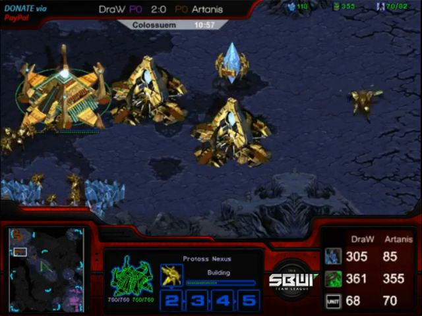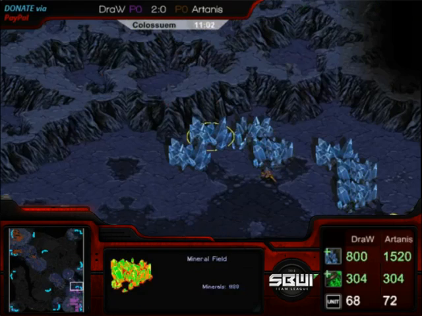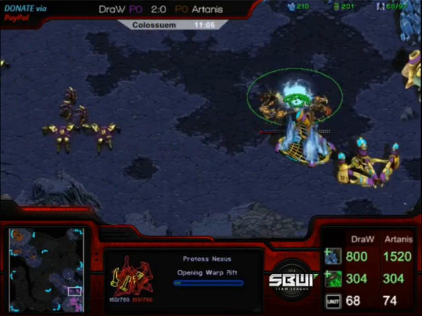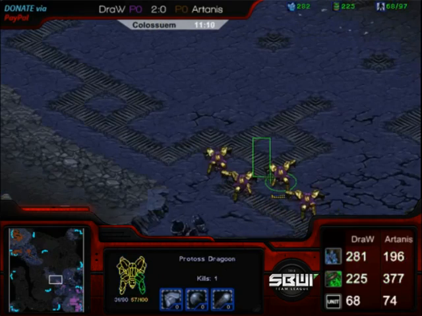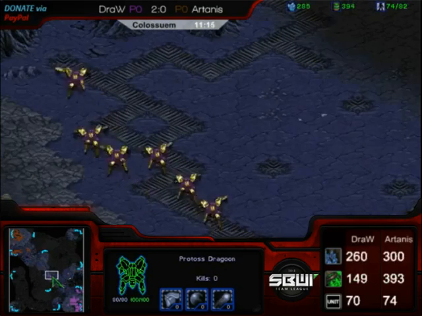But that'll be interesting to see. Artanis does have now a Nexus. Draw not having a Nexus, but if we look at Minerals Mined, 1200... It'll probably be relatively equal in terms of minerals mined by the time Draw's Nexus comes up. So we'll just have to see where it is with army size. I mean, looking at it right now,